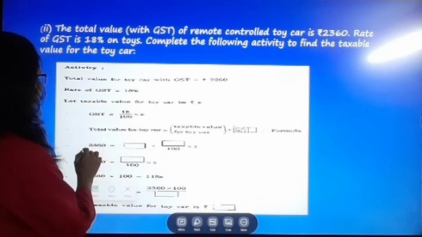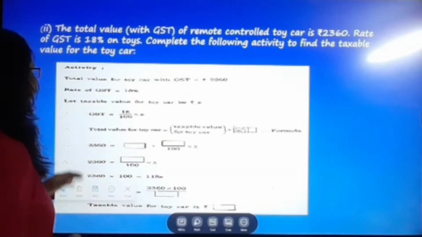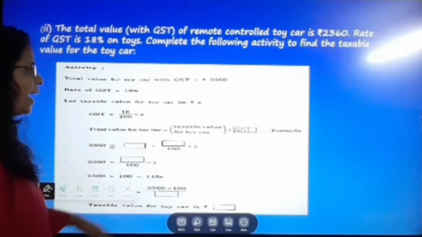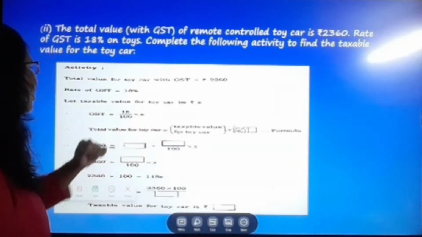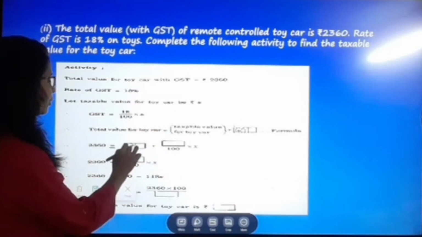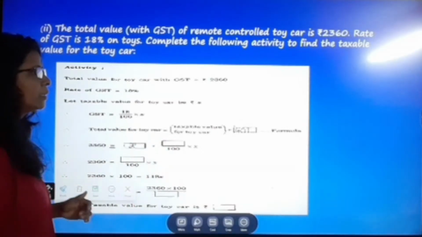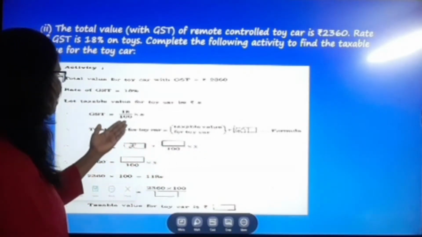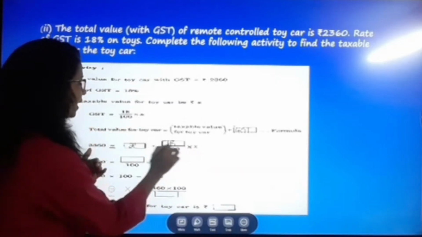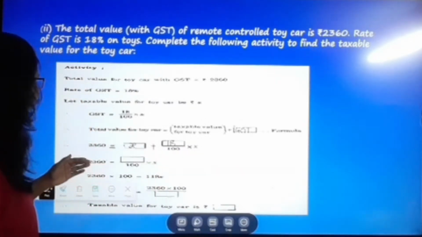Okay, and then 2360 is equal to, okay, and the taxable value for toy car is x. So x plus here now the GST. What is the GST? That is 18 upon 100 multiply x. Okay students, and that means here